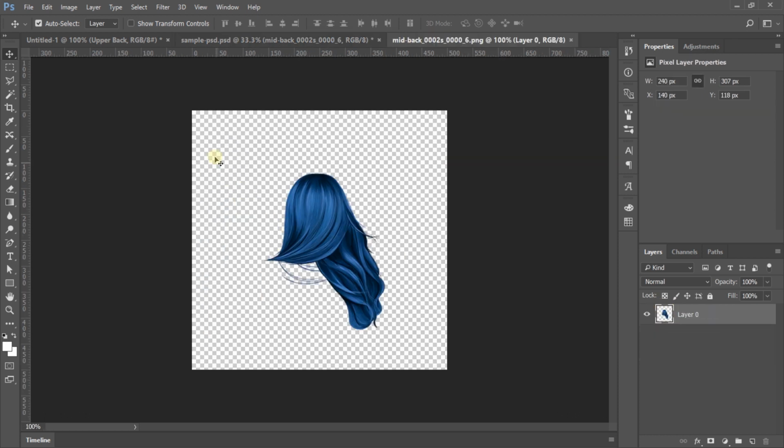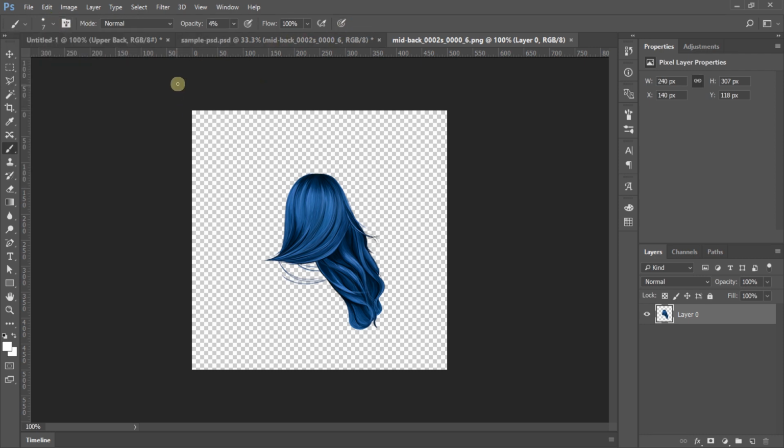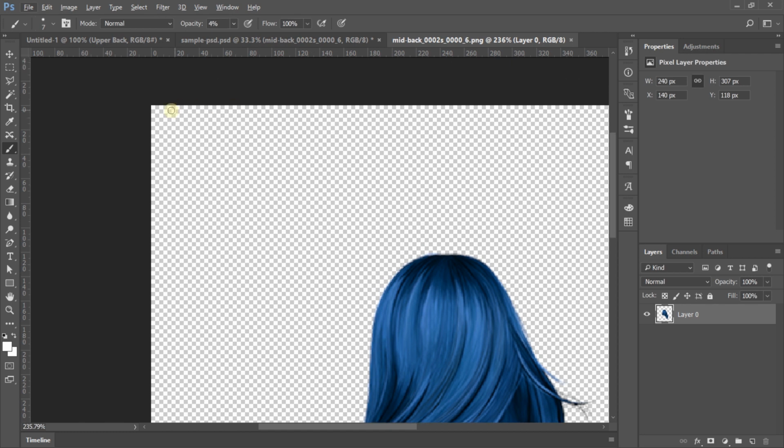What we can do here is to create a small dot in each corner of the image. This will make Photoshop know that there are pixels in 4 corners, so it won't trim the blank area within these 4 pixels. We can use the brush tool here to add dots, reduce opacity, and brush size. Then click on each corner.